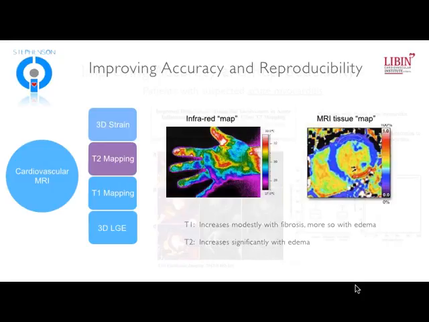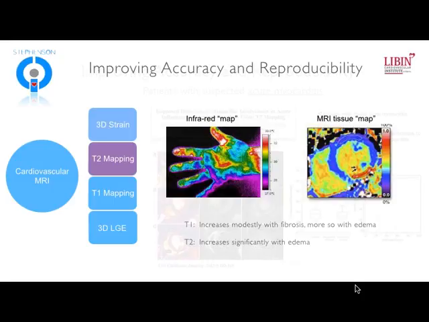In the field of tissue imaging, we've got the more recent advancements of T2 and T1 mapping. Essentially, tissue mapping is akin to doing infrared imaging of biological structures, such as trying to chase down people in the woods after they've broken through a bank vault. And we use infrared imaging to try to track people down. Well, we can do the same thing with MRI.